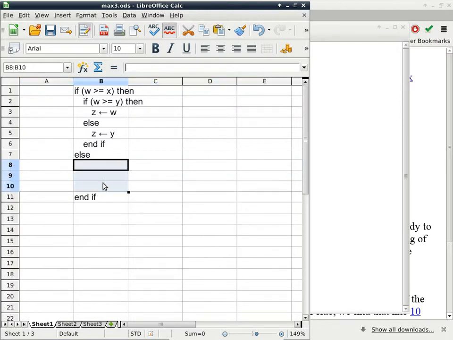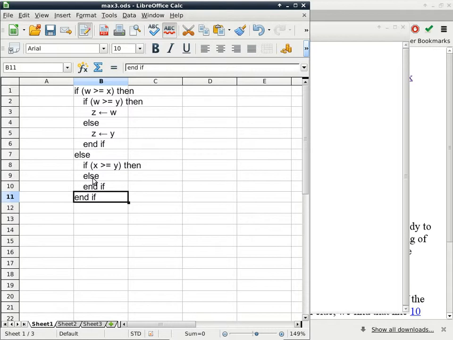All right, so now I have 3 lines here, just so that I can fit the skeleton of another conditional statement. At this point, right after the else on line 7, I know w is less than x, because the only reason I would end up here is that w is greater than or equal to x is false, which also means that w is less than x, which means w cannot be the maximum. I only have 2 variables left that can be the maximum, x versus y. So this time I will have a comparison between those two. If x is greater than or equal to y, then I do something, else I do something else,